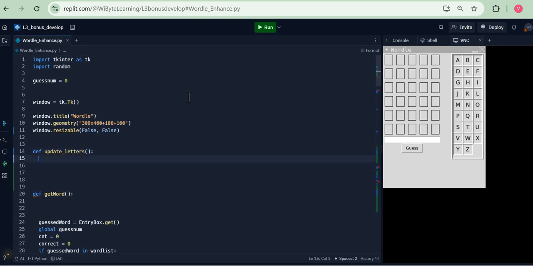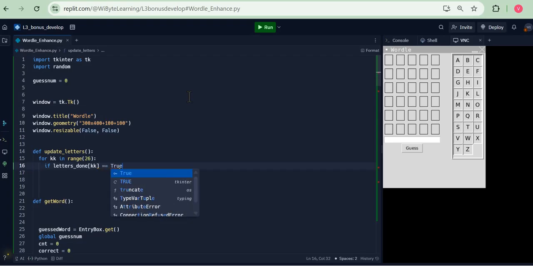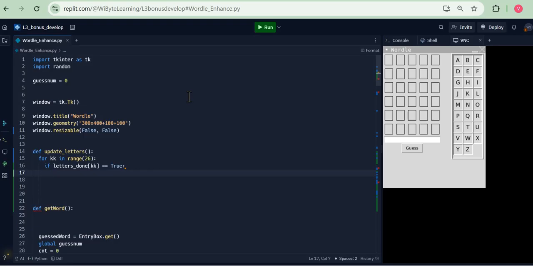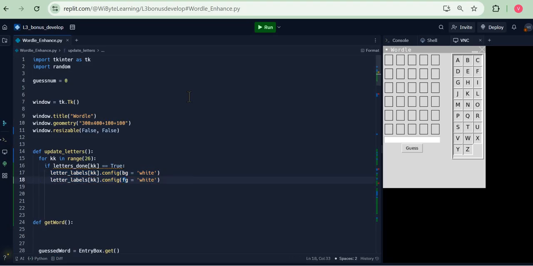So all I do is that I just go and say for kk in range 26. We just look at if letters done kk is equal to true. So this letter has been done, has been guessed before. If this is the case, I will make those letter labels kk dot config, say bg equals to white, and likewise letter labels config, say fg equals to green. Now this is just a choice. You can do it differently, but the